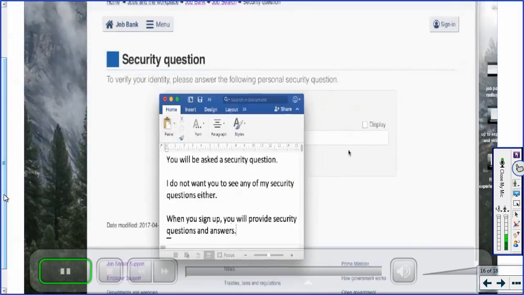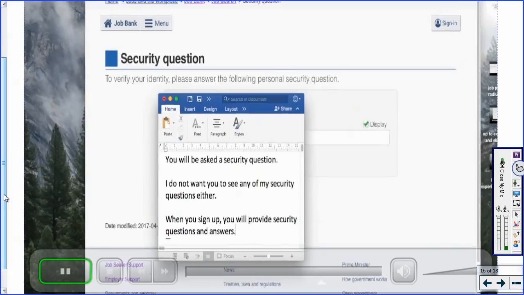But basically, a question pops up and you type in your answer. And now, your answer won't be shown on the screen, but it will show how many characters there are, right? Little black dots will come up. And if you want to make sure that you've typed it in correctly, you can click on display here.